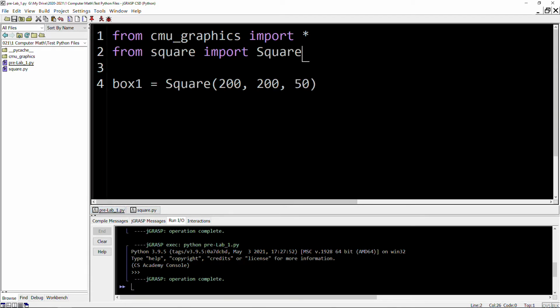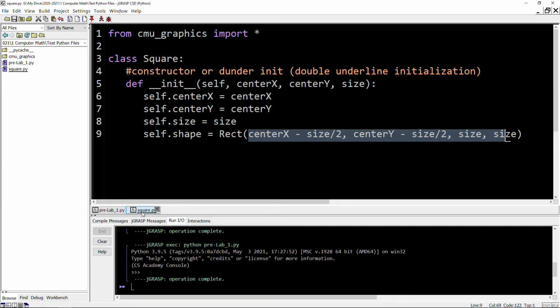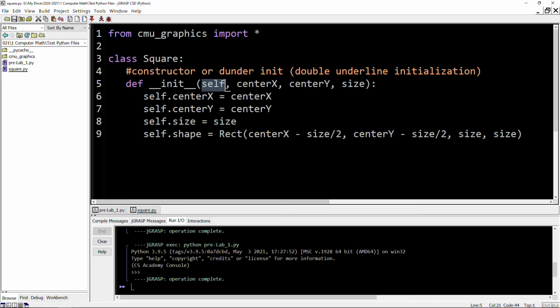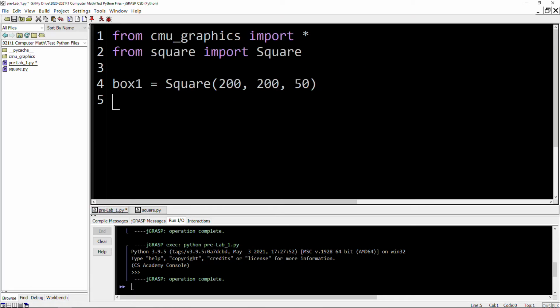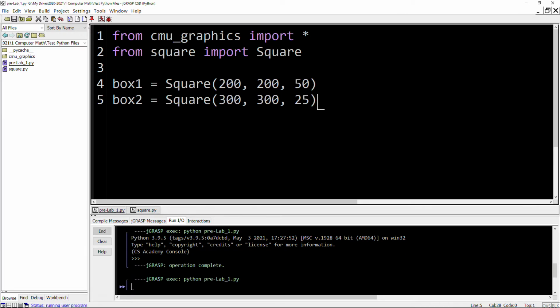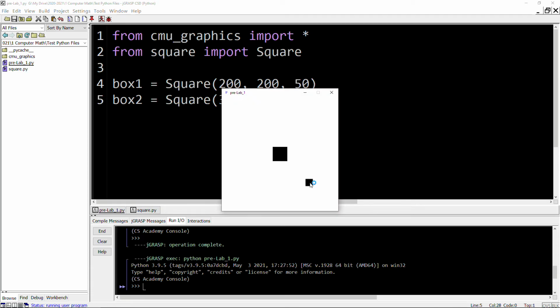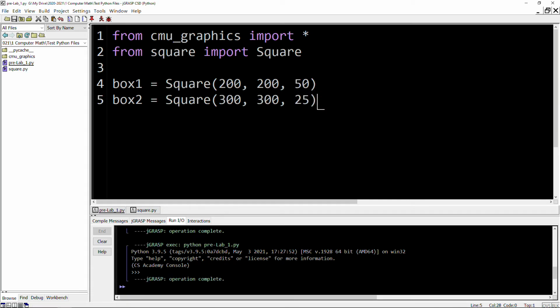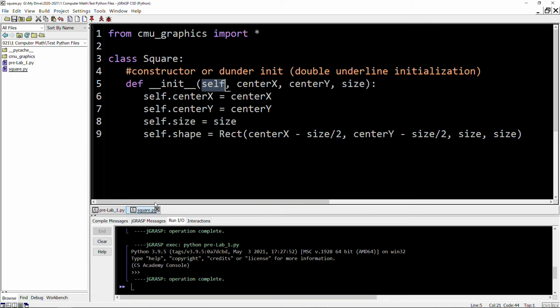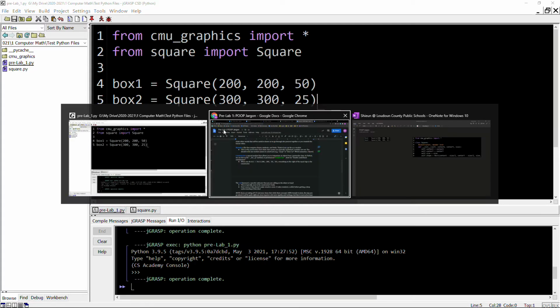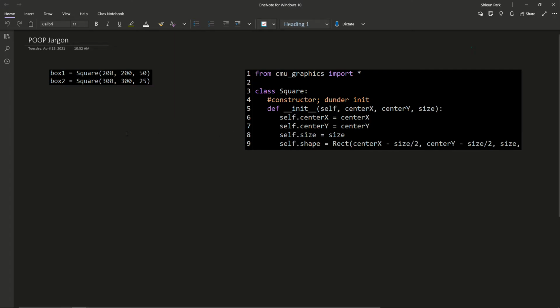Pretty cool. Now, let's specify some things real quick, like the self keyword, because this is very important. Let's go ahead and make box2 so that we at least have some reference point, which helps explain the context. We'll do this with 25, run the code. So that means it should pop up down here. Okay. I'm going to skip over to OneNote to explain why we have this self keyword. So let's go to OneNote, and I think this should be good.